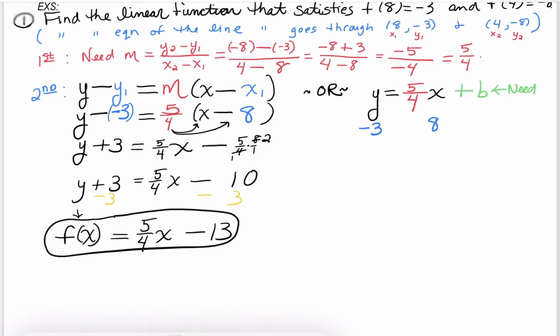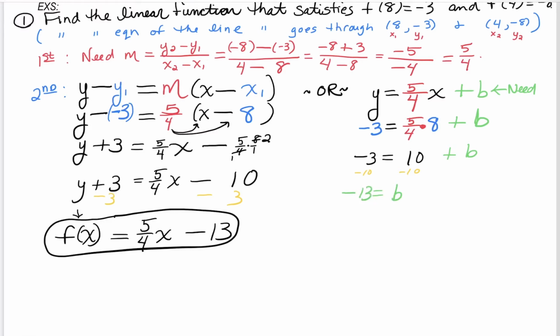So what we have here is the -3. So again, I'm using that first ordered pair. -3 goes in for the y, is going to equal 5/4 times, in for the x is going to be the 8, and then plus b, which is what we're going to be solving for. So you'll notice neither one is necessarily easier or harder. It's the exact same arithmetic. So we just did over here 5/4 times 8, and we saw that that was 10. And so, the last step then, we're just going to subtract our 10 to the other side. And then we get that the b is equal to that